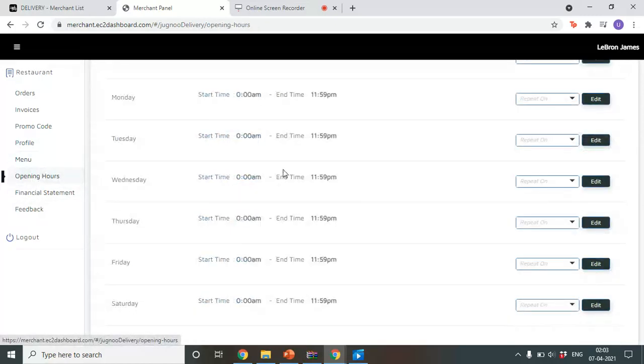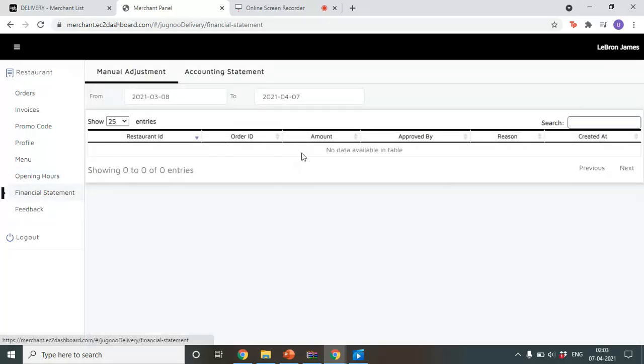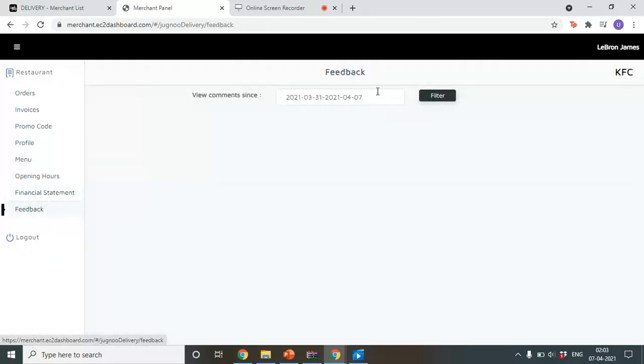The next is the opening hours. A merchant can decide on which days the restaurant should be open. The next is the financial statement. He can go over the finances of the business done with the admin. Next is the feedback.